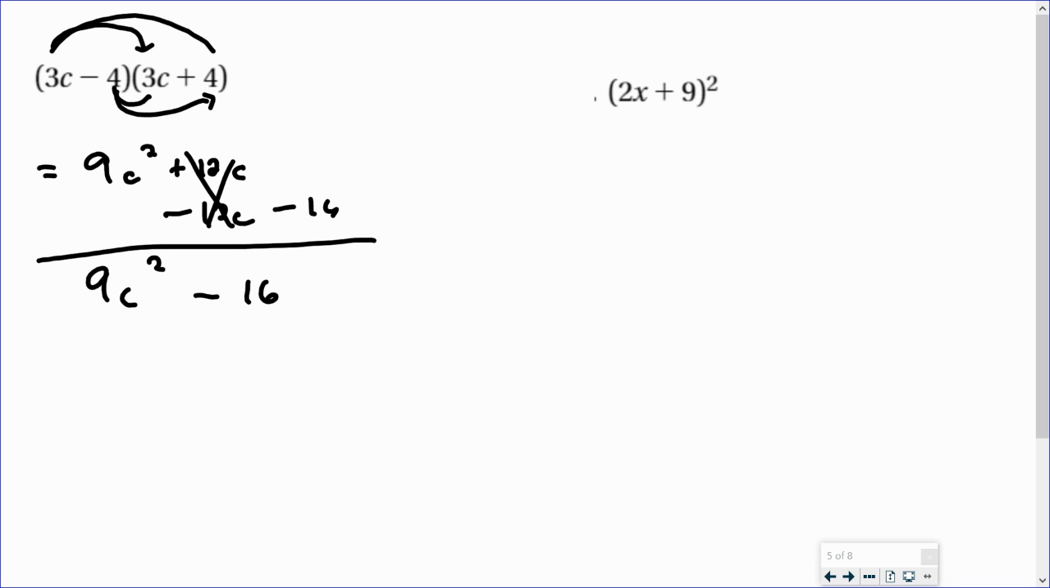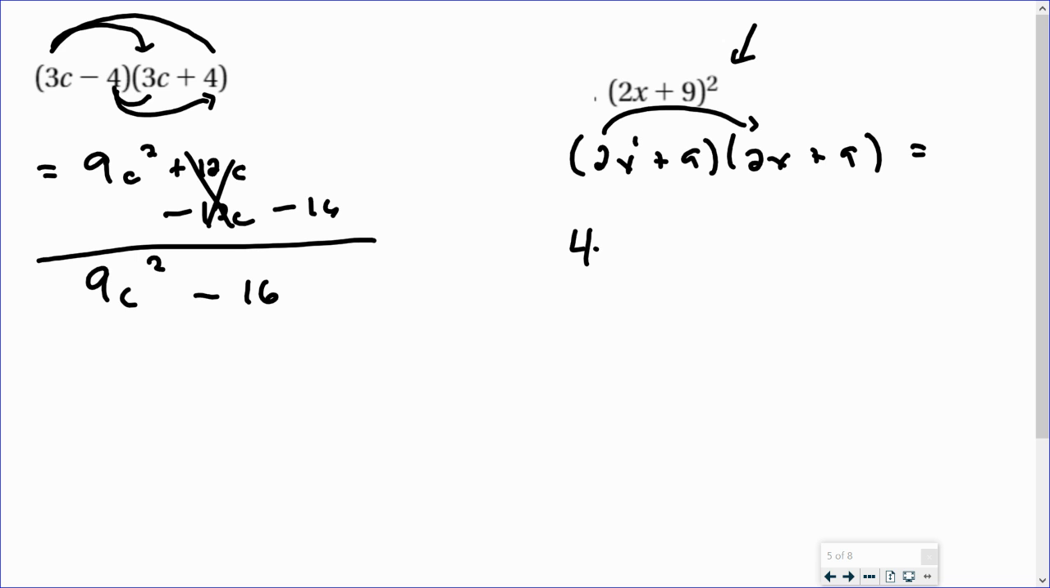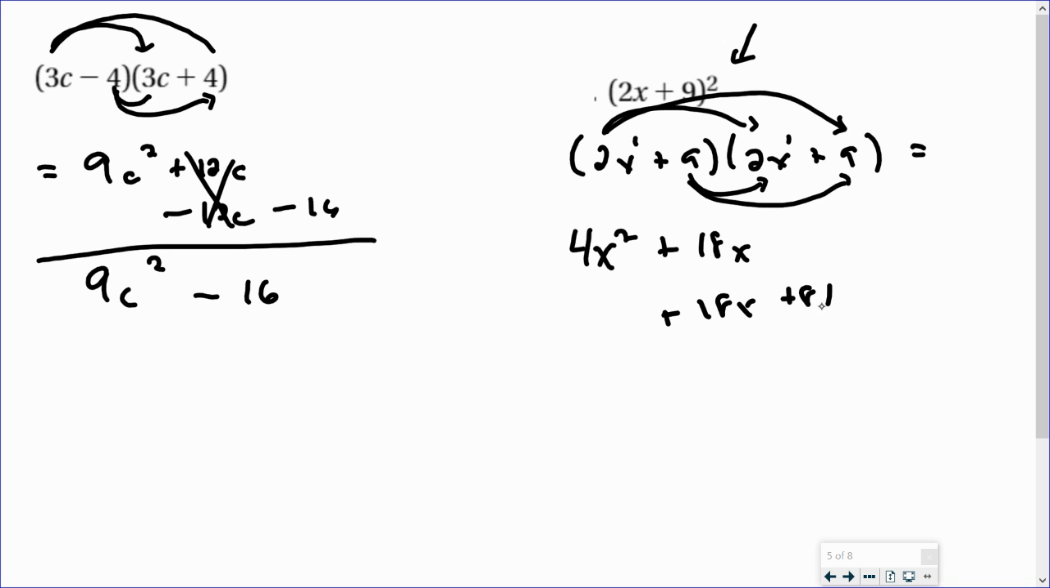Okay, now I see that this is squared, so I'm going to just write it twice. Alright, now notice the signs when I get done with this. So if I take 2x times 2x, multiply the numbers, add the exponents. 2x times 9. 9 times 2x. 9 times 9. 4x squared plus 36x plus